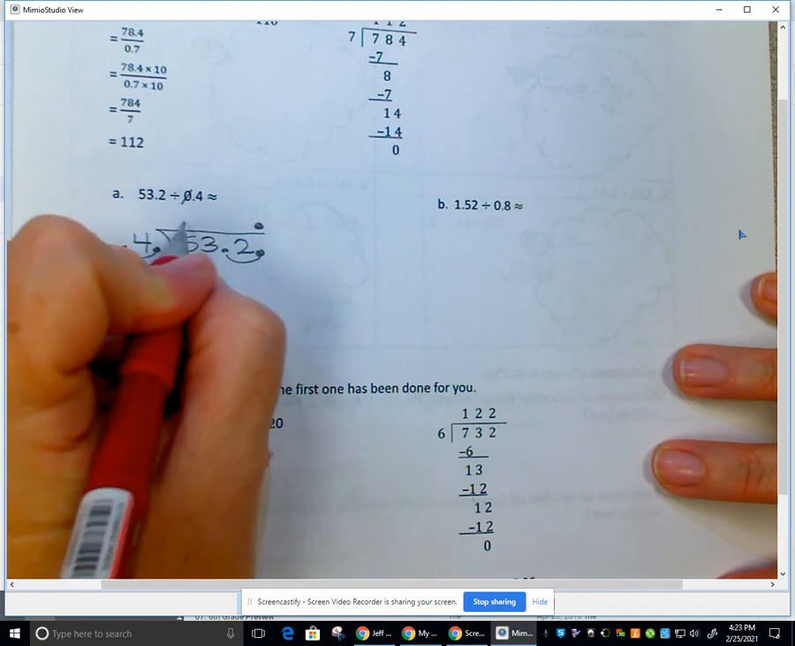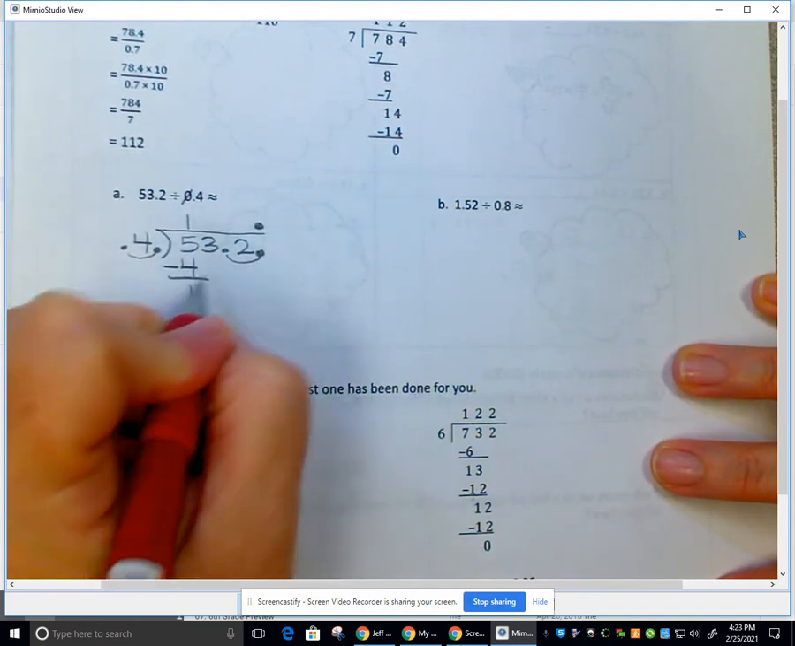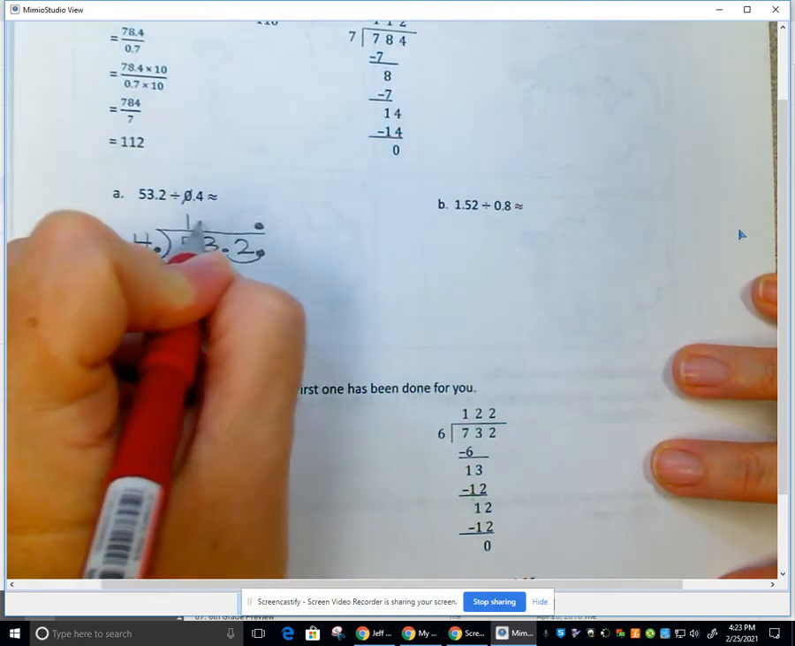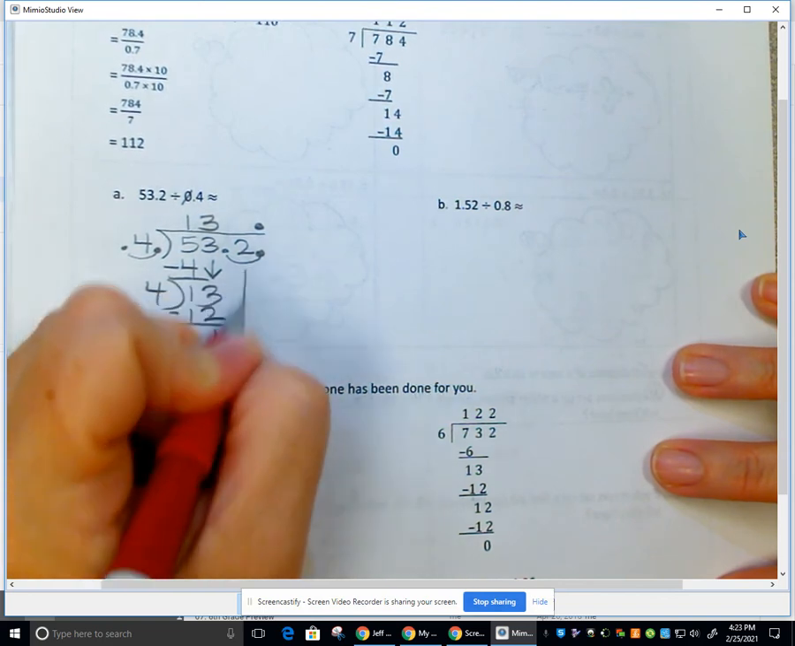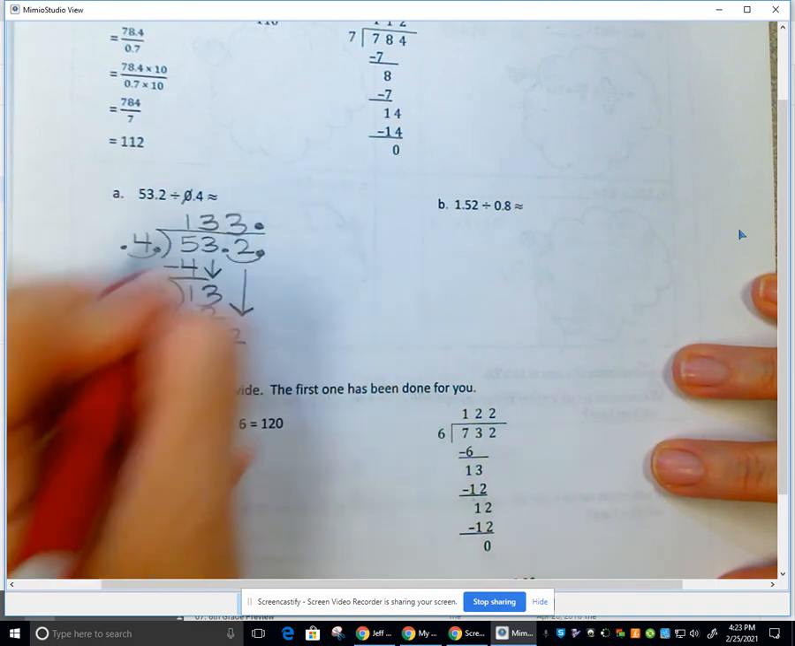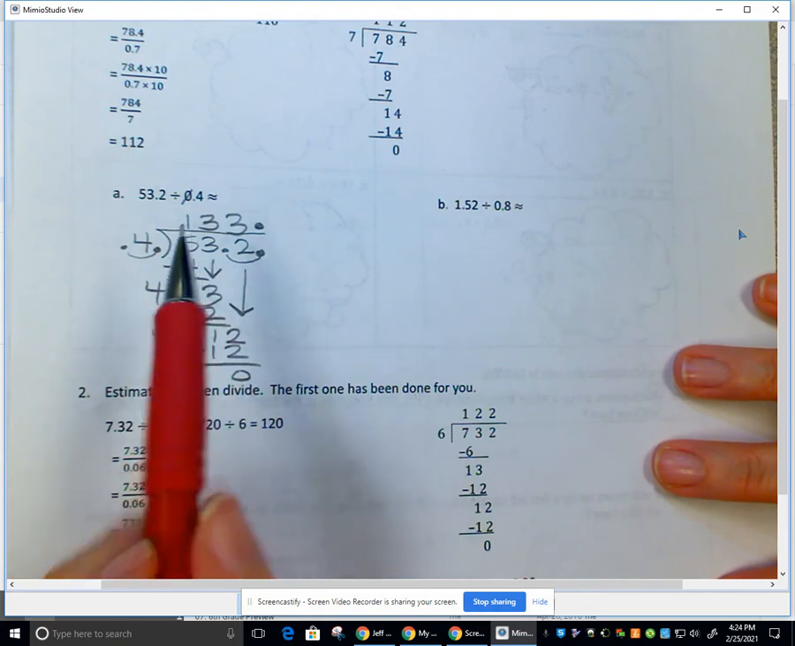4 will go into 5 one time. 1 times 4 is 4. Subtract 1, bring down a 3. 4 will go into 13 3 times. 3 times 4 is 12. Subtract 1, bring down a 2. 4 will go into 12 3 times. 3 times 4 is 12. Subtract 0. And there's my answer,